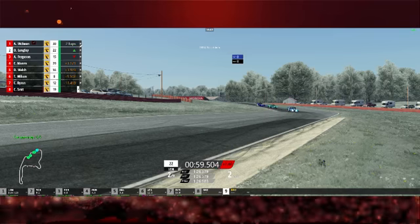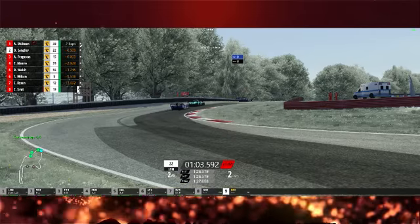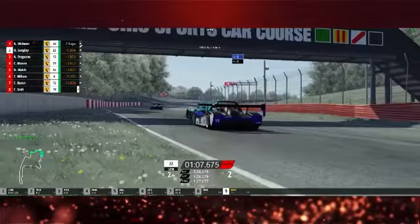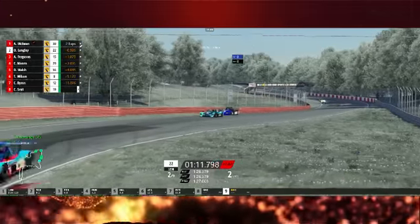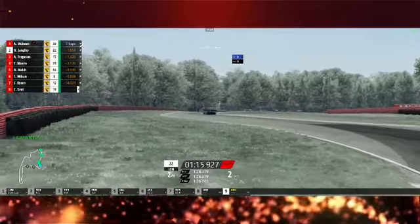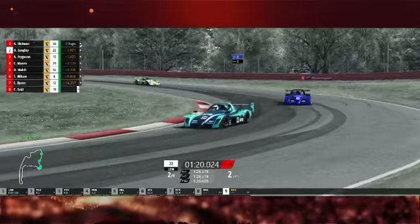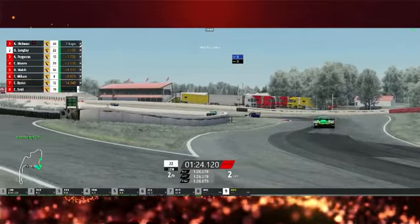Ferguson weaving in and out all over the back of Longley, trying to force a mistake from Longley. Longley is trying to keep Ferguson at bay, trying not to put himself into a mistake that would give Ferguson the opportunity to attack and gain position from Longley. Ferguson is a bit late on the break, very wide and very sideways into 13 and 14